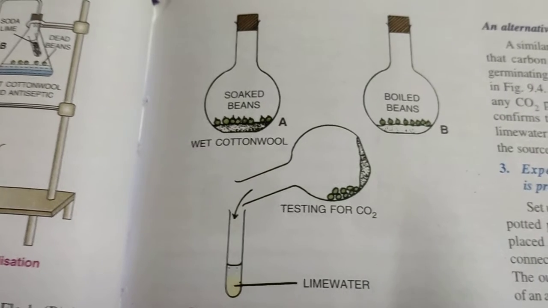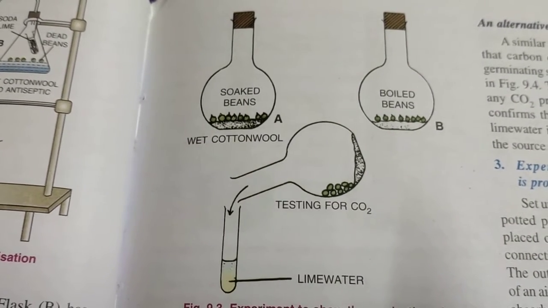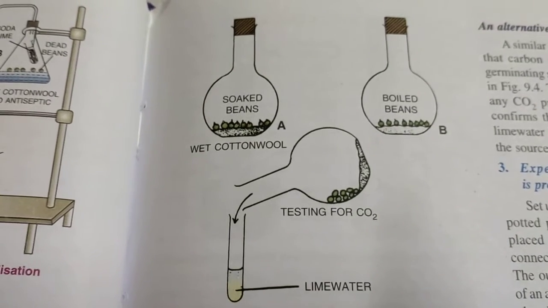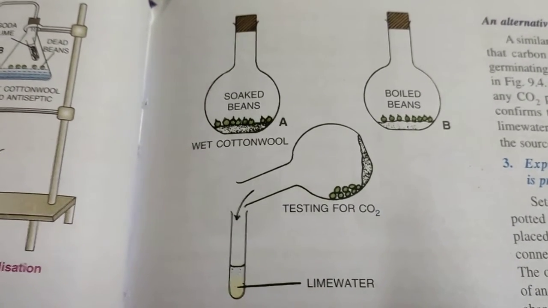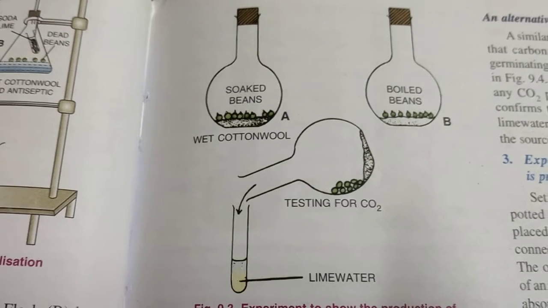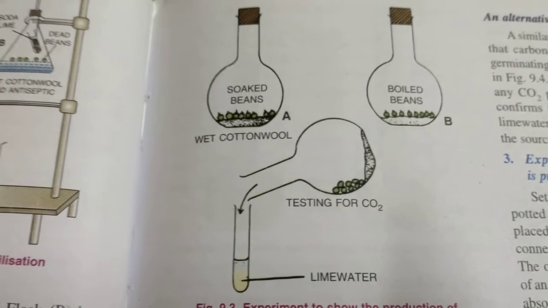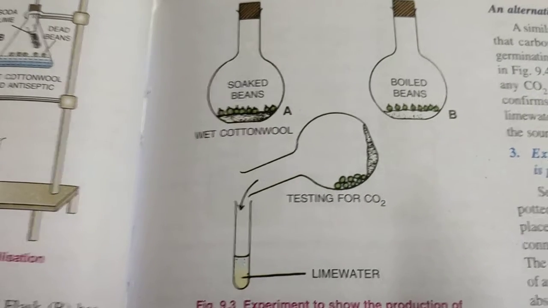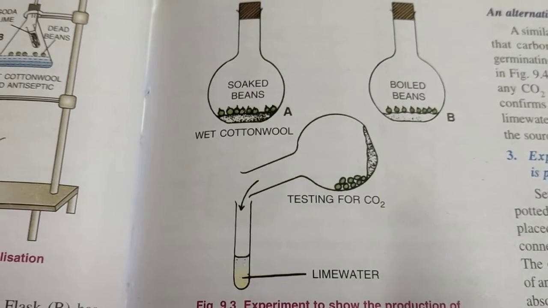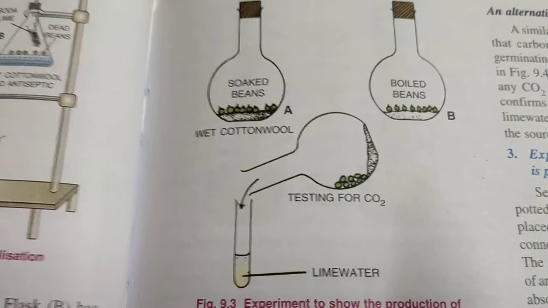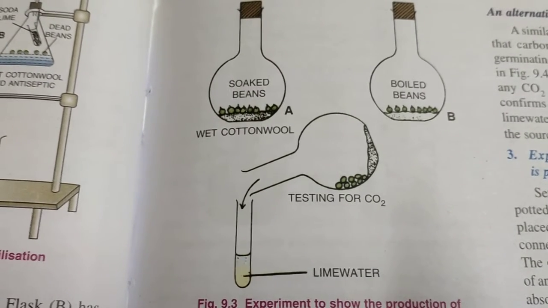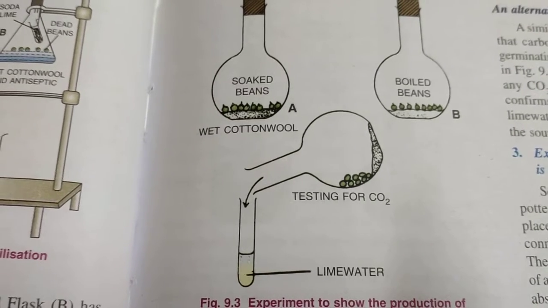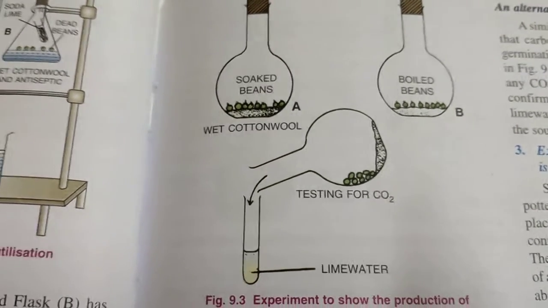The gases in each flask are then tested by removing the cork and tilting the flask over a test tube containing lime water and then shaking up the test tube. The expected gas, carbon dioxide, being heavier than the air, would flow down into the test tube. The gas from flask A would turn the lime water milky, showing the presence of CO2, while the gas in flask B will show no effect. Therefore, the conclusion is that the germinating seeds give out CO2.